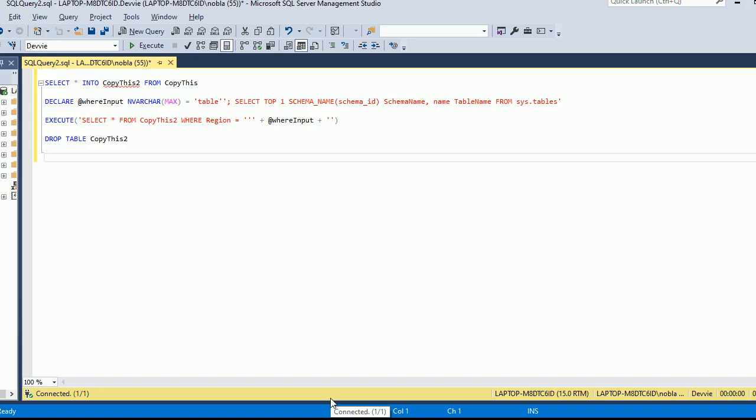So in this screenshot here, we see that I'm creating a copy table and I'm dropping it at the end. We see I'm declaring this where input. This is going to be where the SQL injection occurs from the hacker. You'll notice one of the most obvious first mistakes is this nvarchar max. That's a major mistake. And we see that they're passing in table as in the where clause, but they're adding an extra apostrophe here. And then they're putting a semicolon, so that would be a break. And then they're selecting top one schema name, which is going to return a schema name and the